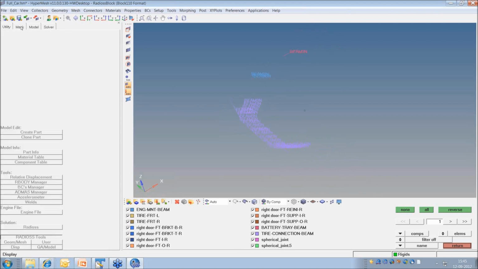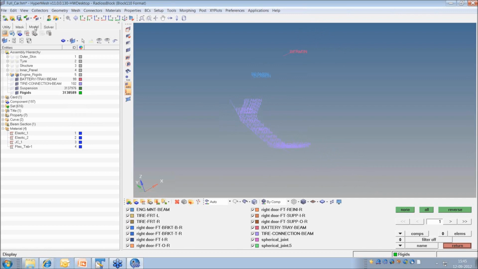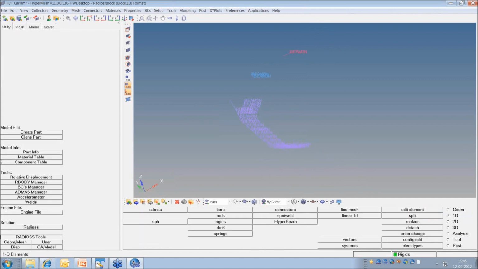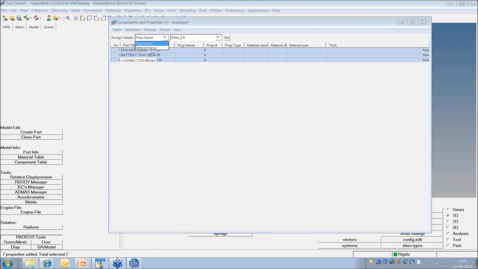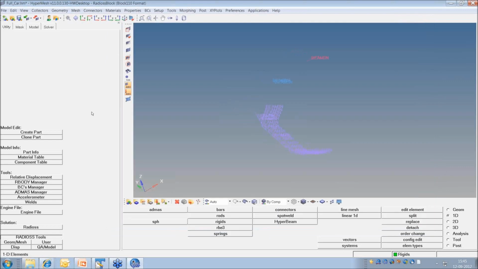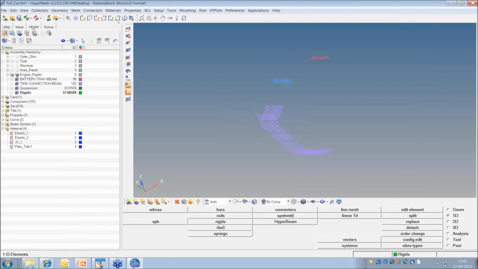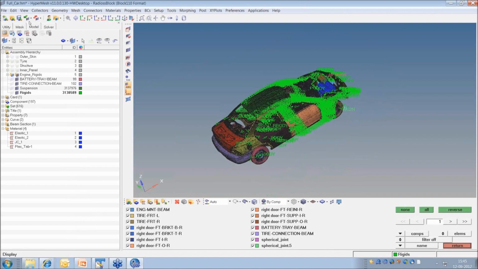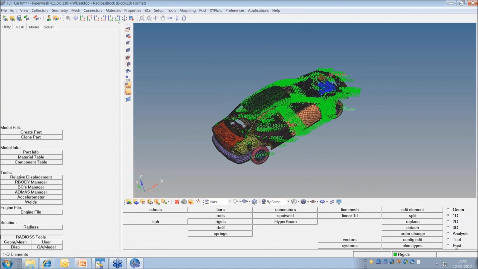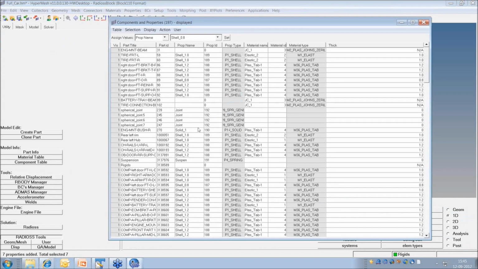So utility, component table. So for all this, material will be Johnson Cook, set yes. Okay. Go to more. Okay. So now I just want to display everything. So none, all, and I want to see the component table for my satisfaction that all the components have